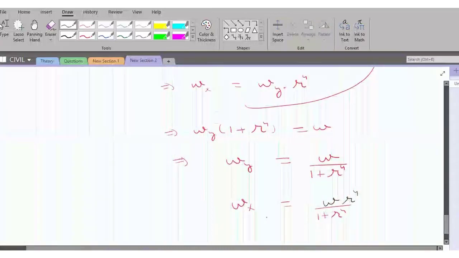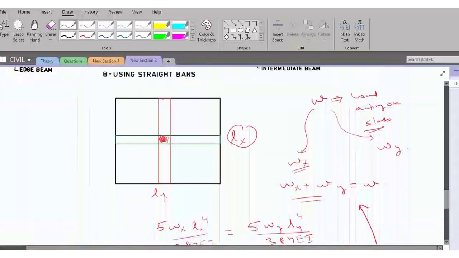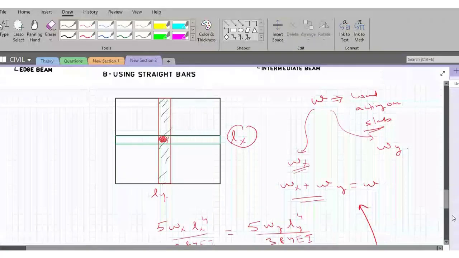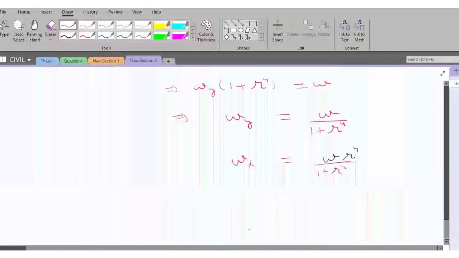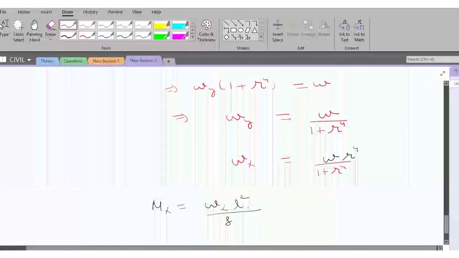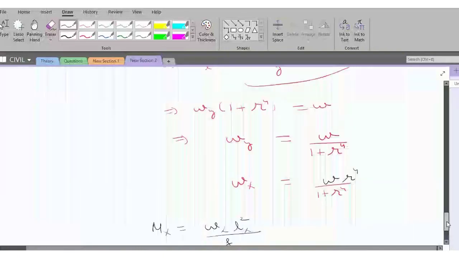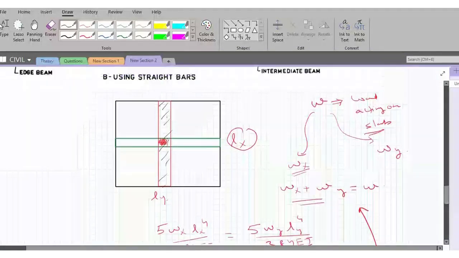Now, if I want to know, as I said, for this particular span, this 1 meter strip which is spanning about Lx, what is the maximum moment? Maximum moment acts at the center, so Mx will be what? Wx into L square divided by 8. So this will be the maximum moment for the slab,